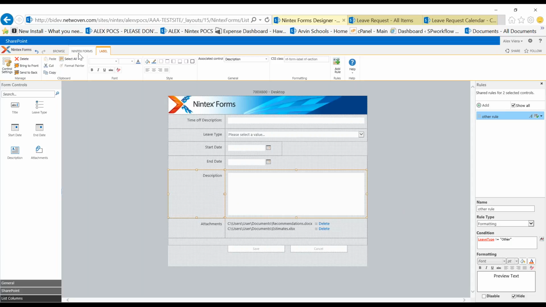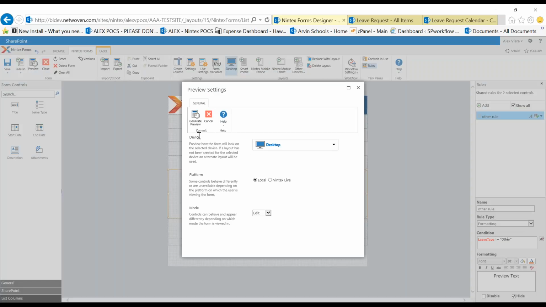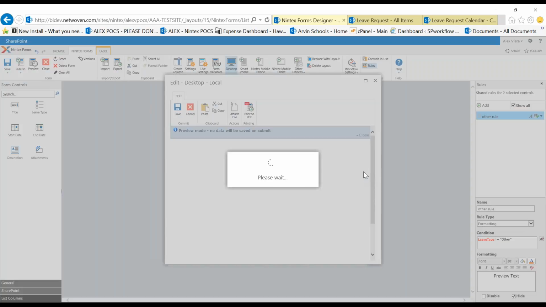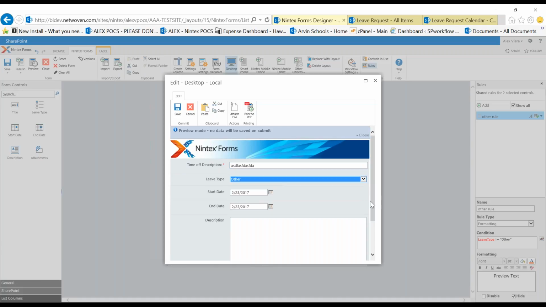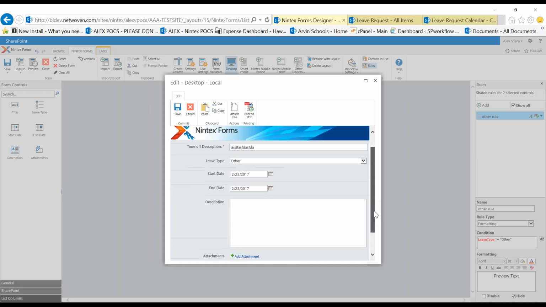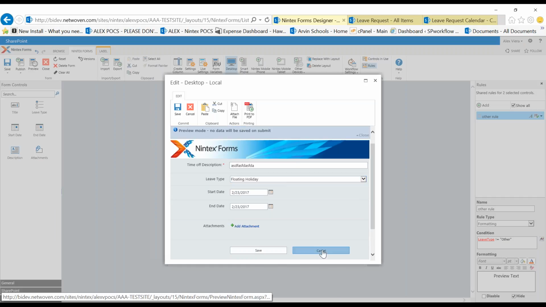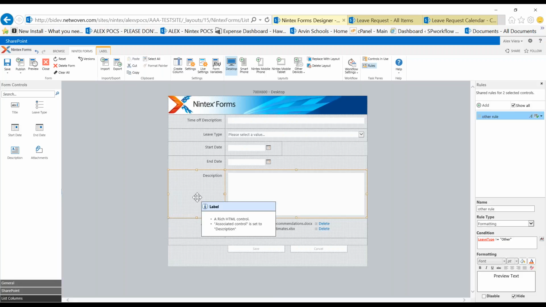So when we go in and take a preview of this, let's preview what this form is going to look like when the user sees it. I'm going to go ahead and generate the preview. This gives you an idea. No data is going to be saved when we submit. We're just testing this out. But what I want you to know is if I put in other, then description ends up showing up down here. You can see that we got things pretty much maybe the way I want them. So I can cancel this, and we can go back in here and take a look.